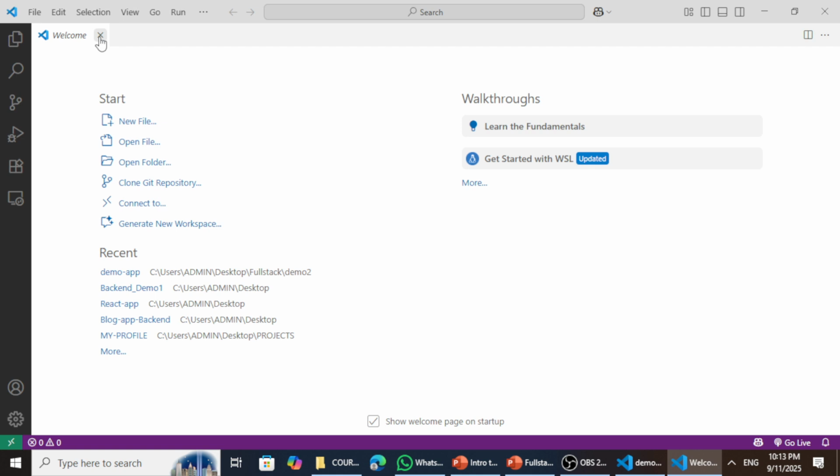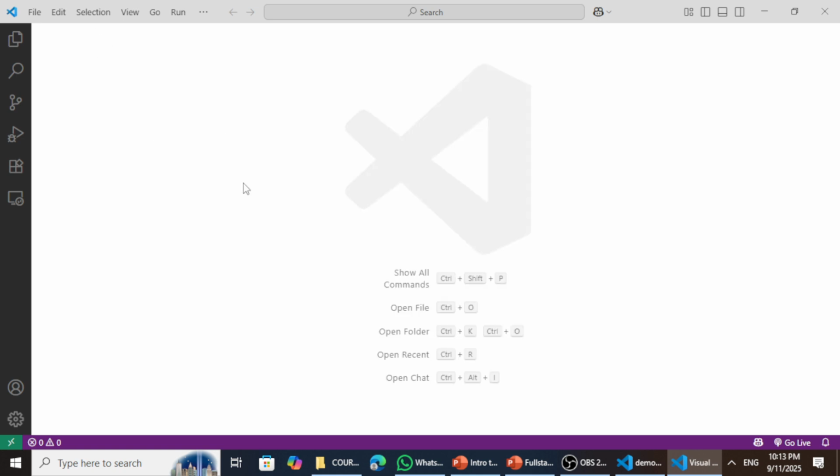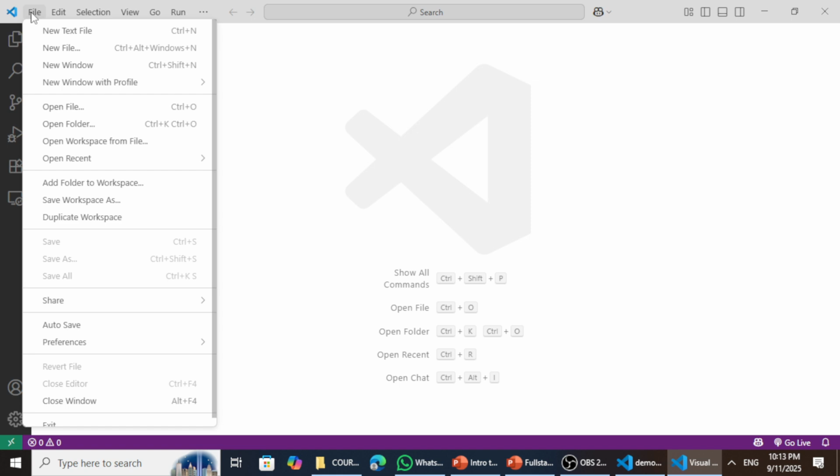I'm going to close this welcome window, and now you should have a blank Visual Studio workspace like this. Now we are going to create our very first page, and we're going to call it the home page. To create a new HTML page, we're going to go over to the File tab and select New File,